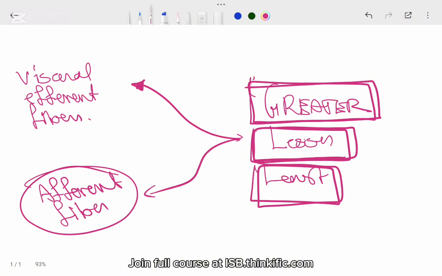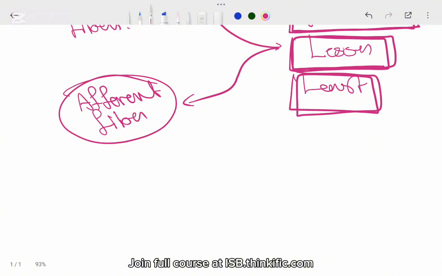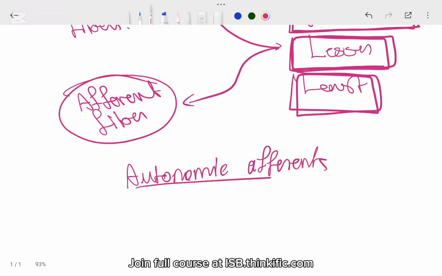When I talk about autonomic afferents, that is sensory fibers that belong to the autonomic nervous system, they are of two types, right? When you talk about autonomic afferents, they are of two types. One type takes in visceral pain, and some other type takes in physiological information,